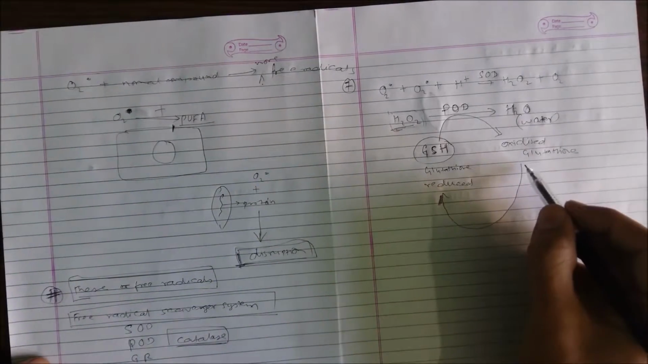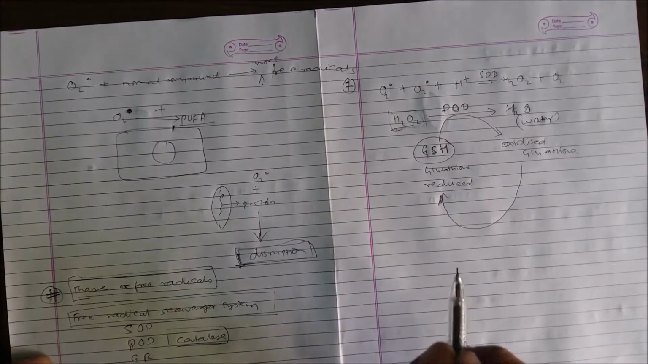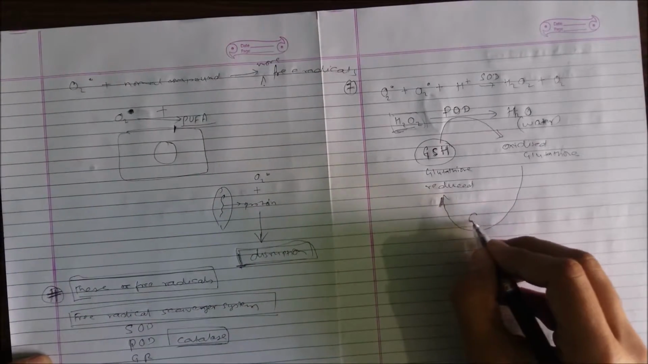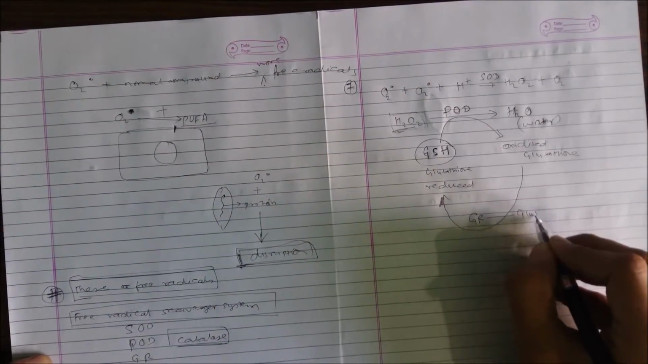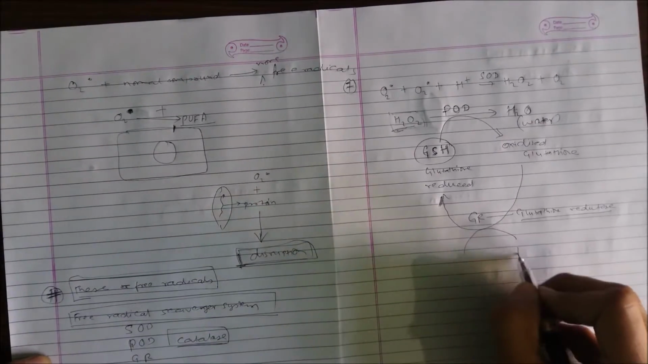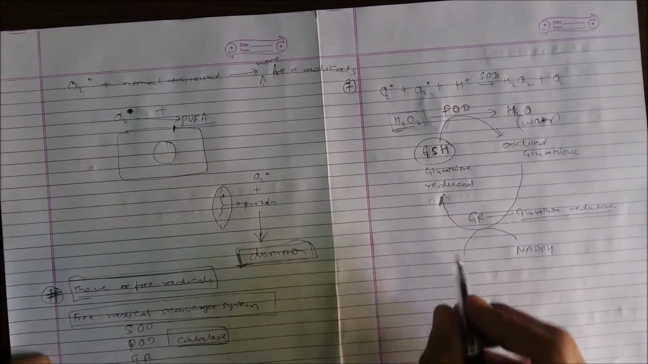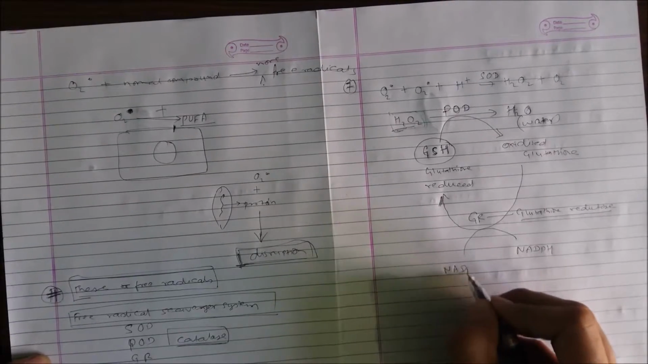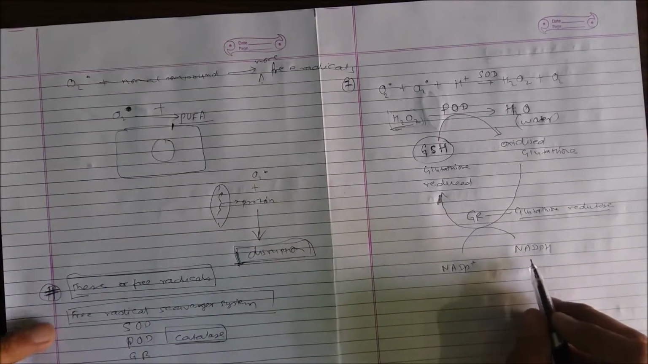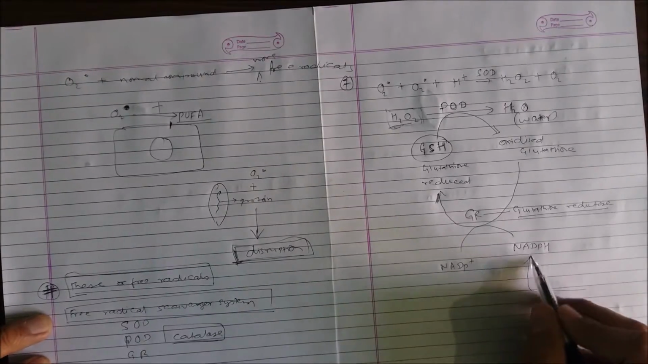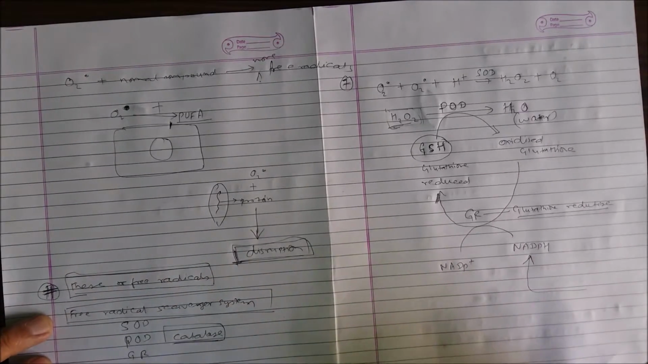For the conversion of oxidized glutathione into reduced glutathione, there should be an enzyme called glutathione reductase. This glutathione reductase, in the presence of NADPH, converts the oxidized glutathione into reduced glutathione, and NADP plus is formed. You may be wondering where this NADPH comes from. The one and only reliable source of NADPH is